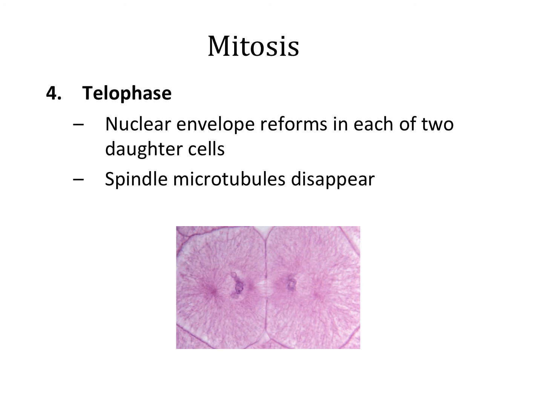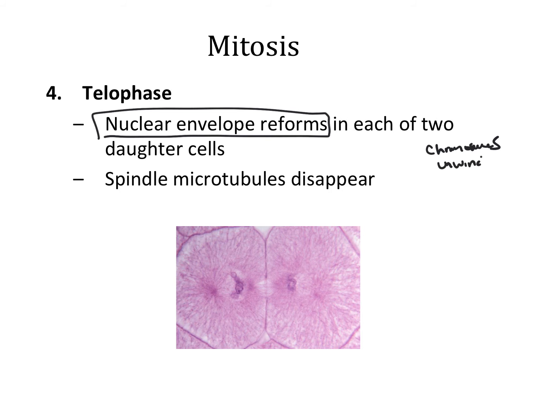Telophase is the final part of mitosis. For this, we start to see the nuclear envelope reforming. It'll reform around each set of chromosomes. The chromosomes will start to unwind as well, right? And what are they unwinding back into? What's the other C word? Into chromatin,